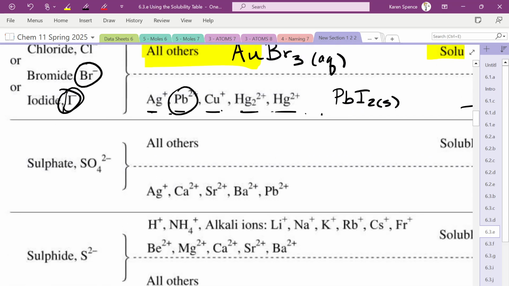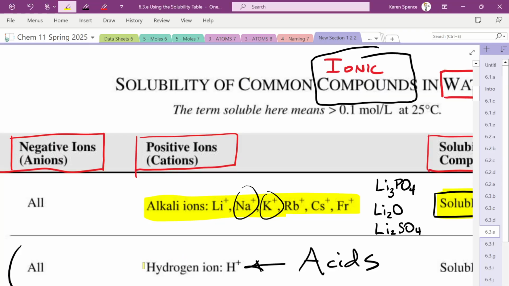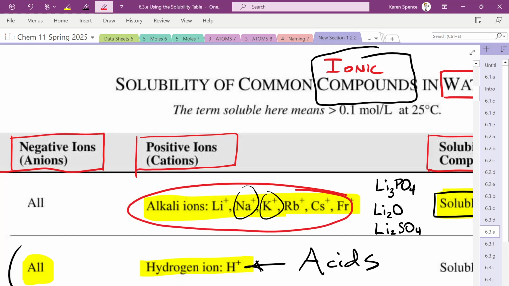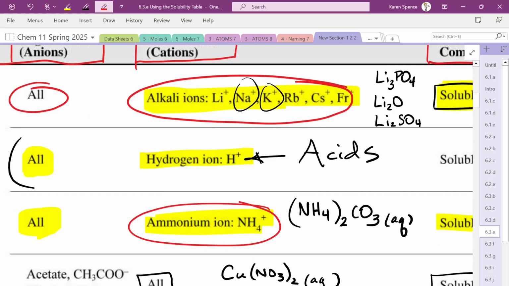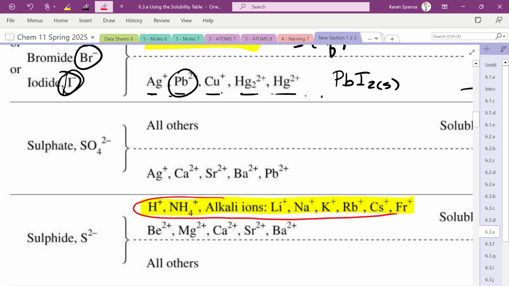Let's take a look at this one here. So we have sulfide, which is soluble with hydrogen and ammonium and all the alkali ions, but you should know that already because hydrogen is soluble with everything. The alkali ions are soluble with everything. And ammonium is soluble with everything. Yes? So it should not be surprising that sulfide is soluble with all these things,